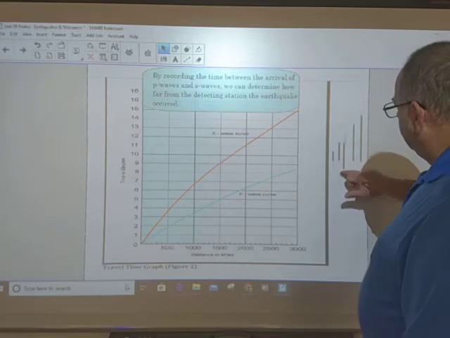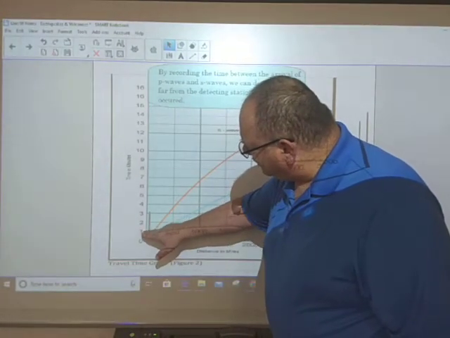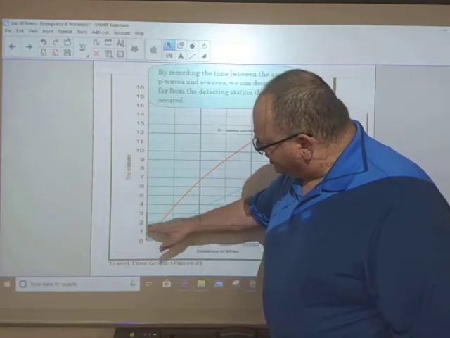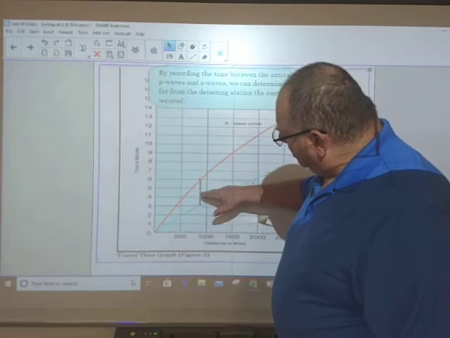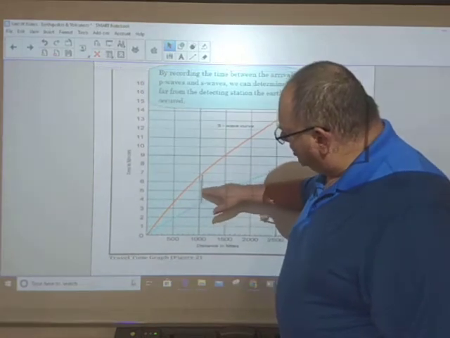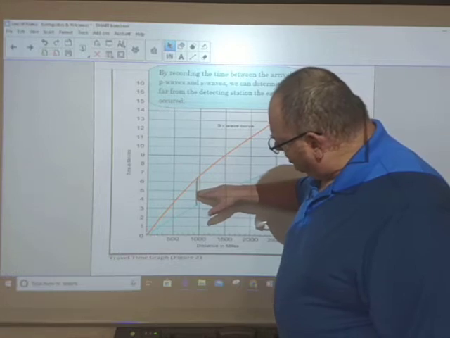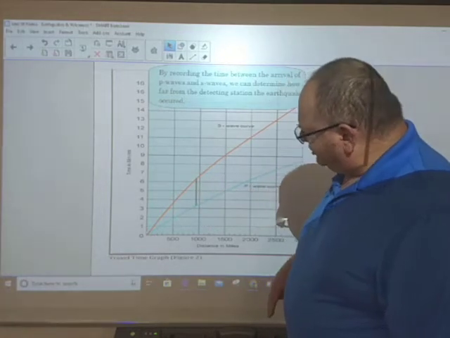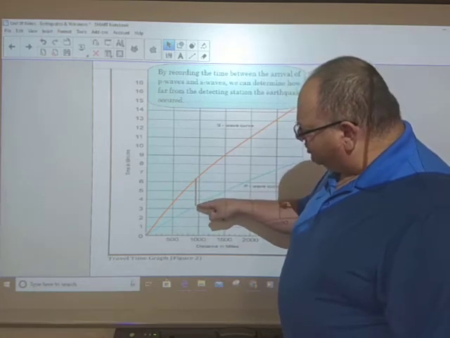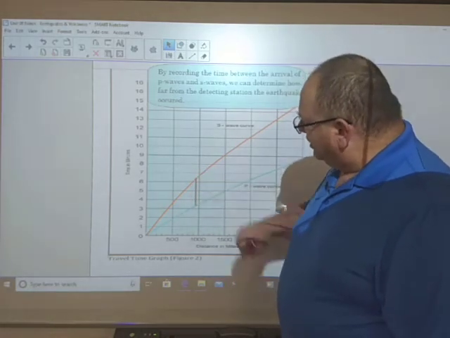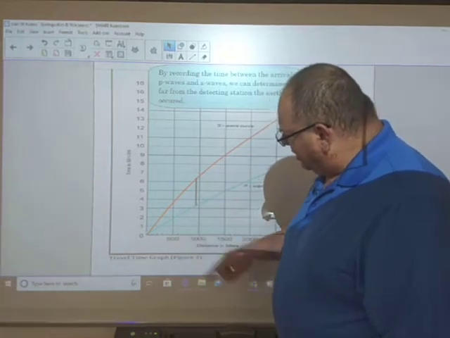So for example, if I look at this scale over here and say, all right, that little line I drew represents 3 minutes on that vertical scale. And if I take this to where it matches up on here to 3 minutes, so there's a 3-minute gap between the P wave arrival and the S wave arrival, I can look at the bottom and say, oh, that was about